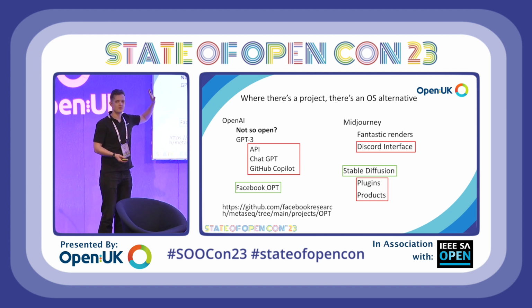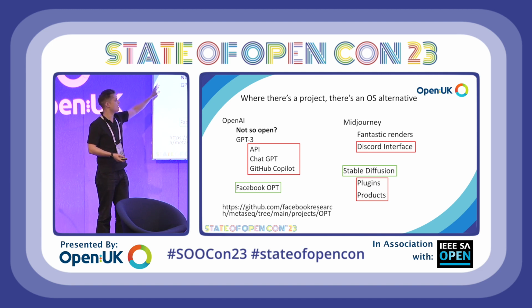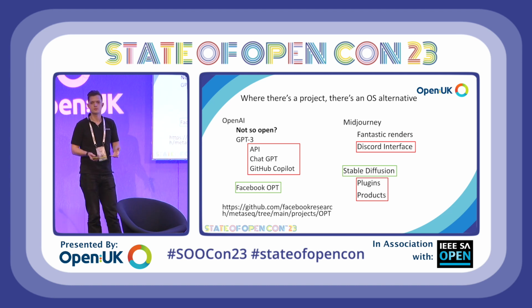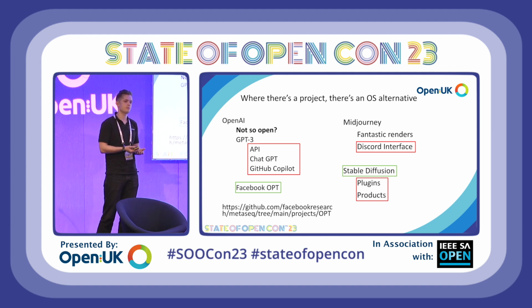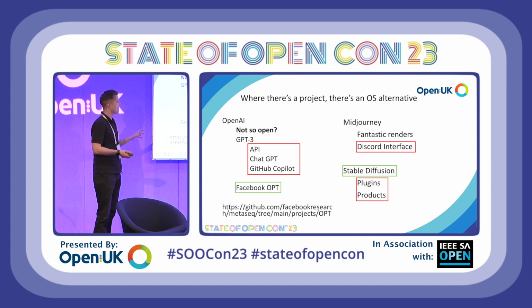So the most obvious one and the one that's been the biggest in the news and the media is OpenAI. But despite the name, not so open. They're not actually open sourced. You can't get access to the model itself and the data. It's behind a paywall. You can pay to use the API. They're open in the sense that they're open about what they're doing and how they're doing it, not necessarily in the code that runs it.